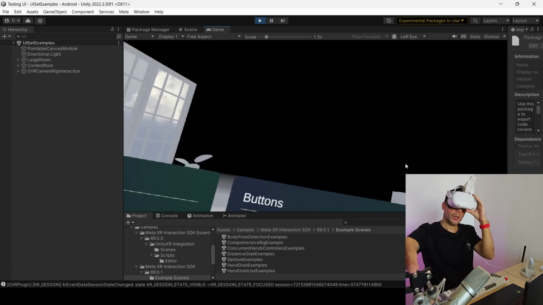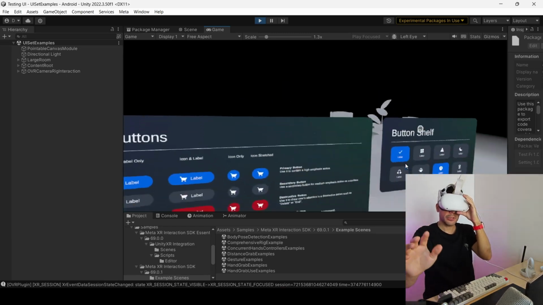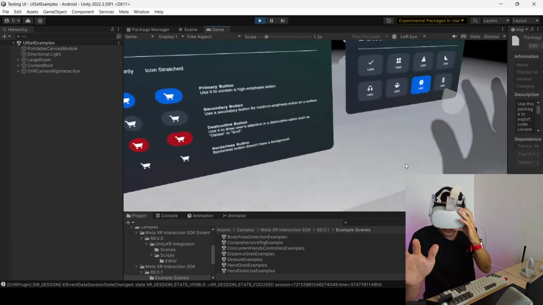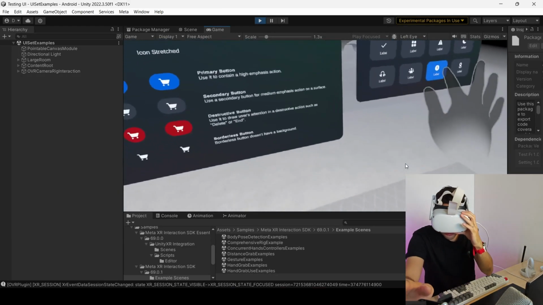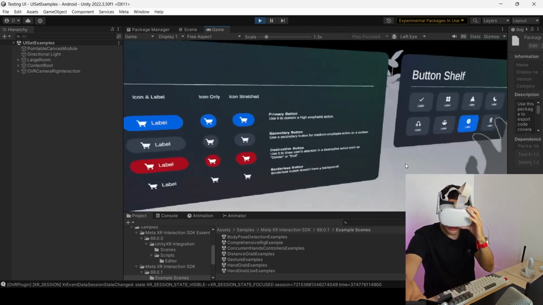I'm going to move the microphone here a little bit so that I won't crash with it. And here, for example, this button shelf, which is